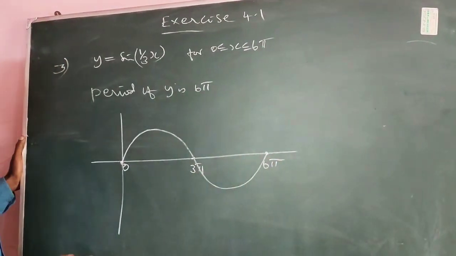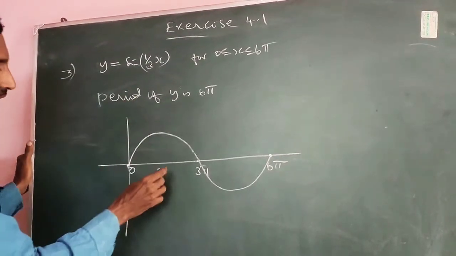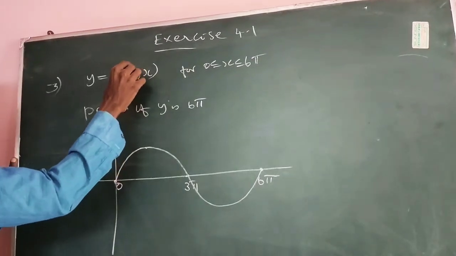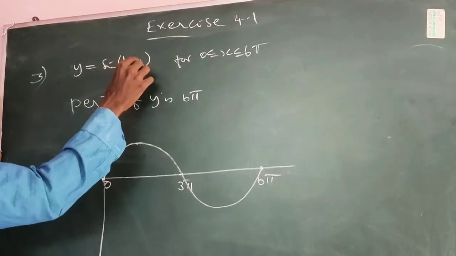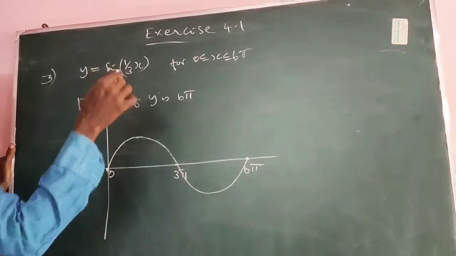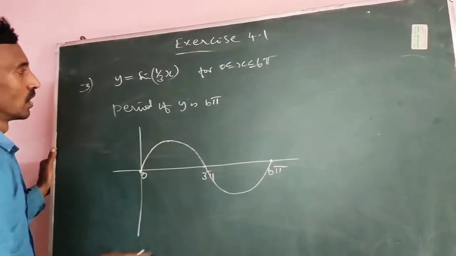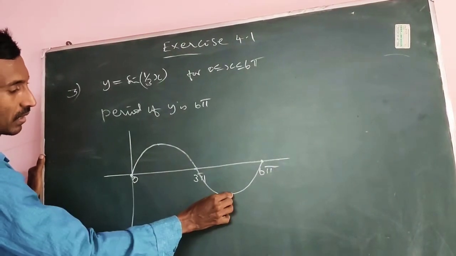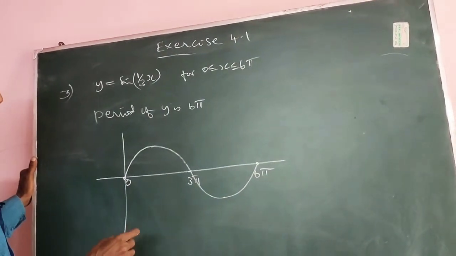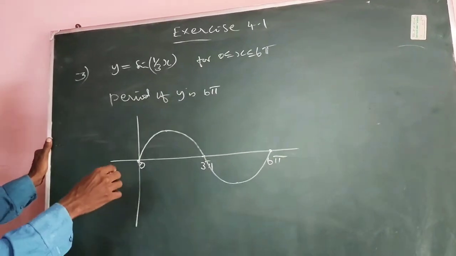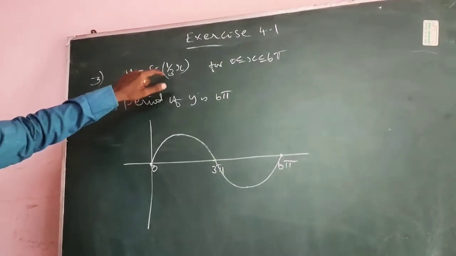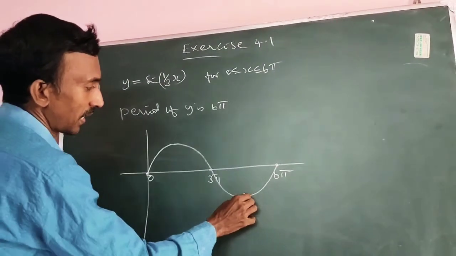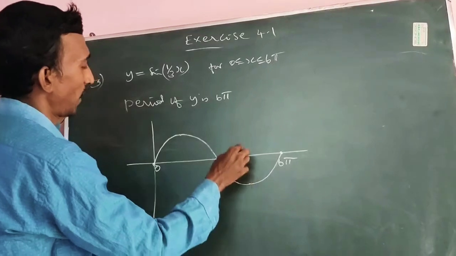Where it attains the maximum and minimum value, for example, where it attains value 1: put x equal to 3 pi by 2. 3 pi by 2 by 3 gives pi by 2, so we are getting 1. So 3 into pi by 2 means it is 270 degrees. Similarly for the minimum, we need 3 pi by 2 there, so put 9 pi by 2, that means 810 degrees.